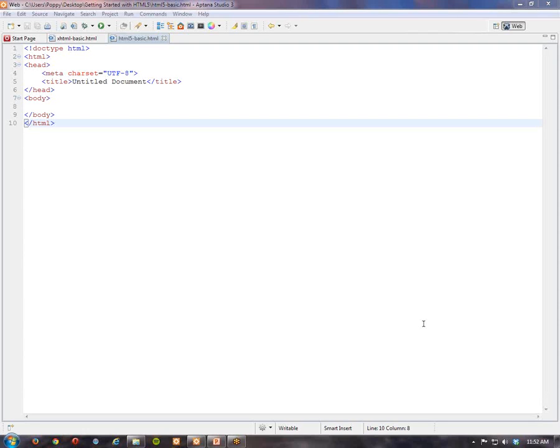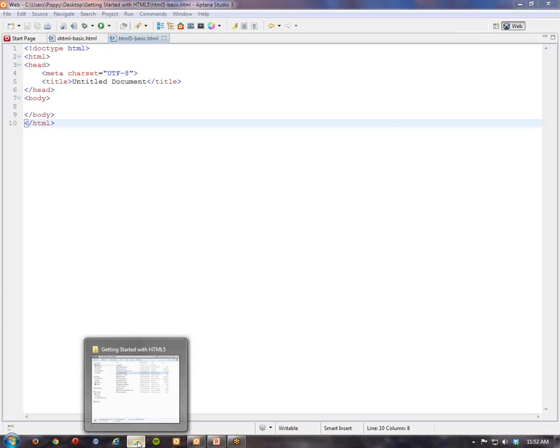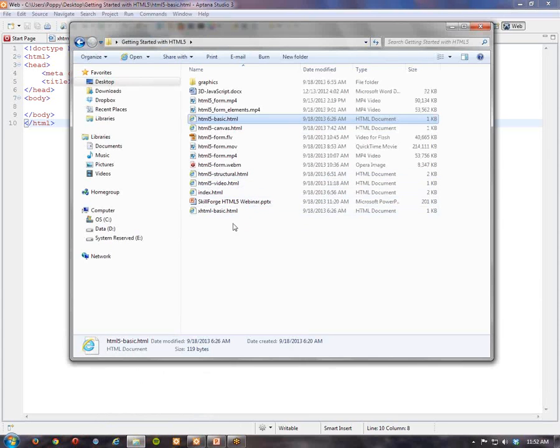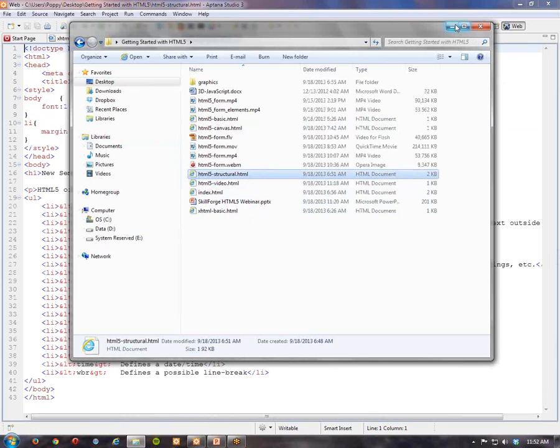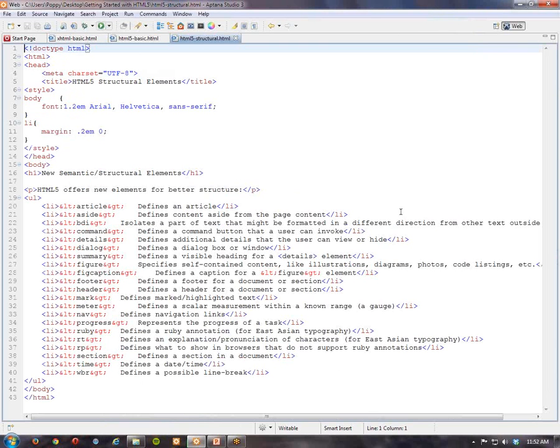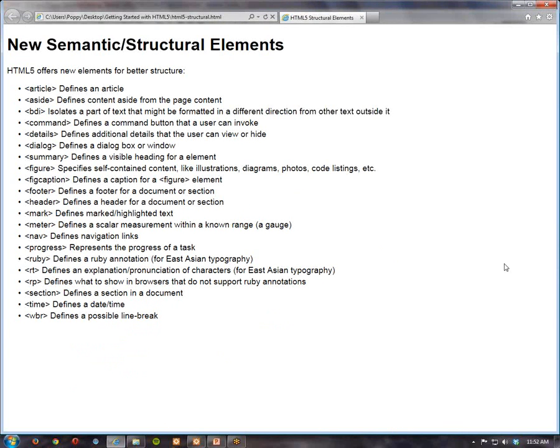One of the things that HTML5 has given us is the concept of structural tags. We have some new tags that are available to us, and that's actually what I had open just a moment ago that I want to show you. We'll open this up in the browser here instead of looking at the code portion. These are some of the new semantic or structural elements that HTML5 makes available to us,